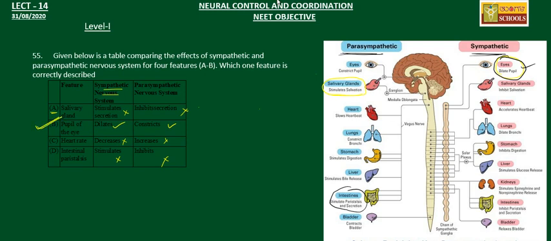So go through this picture once and note down all these effects of parasympathetic, which we did not see in the synopsis. Now you can copy down these things: the effects of the sympathetic nervous system on different organs of our body, and the parasympathetic effects on different organs of the body, right? So make a tabular form and keep it so that it can help to write objective